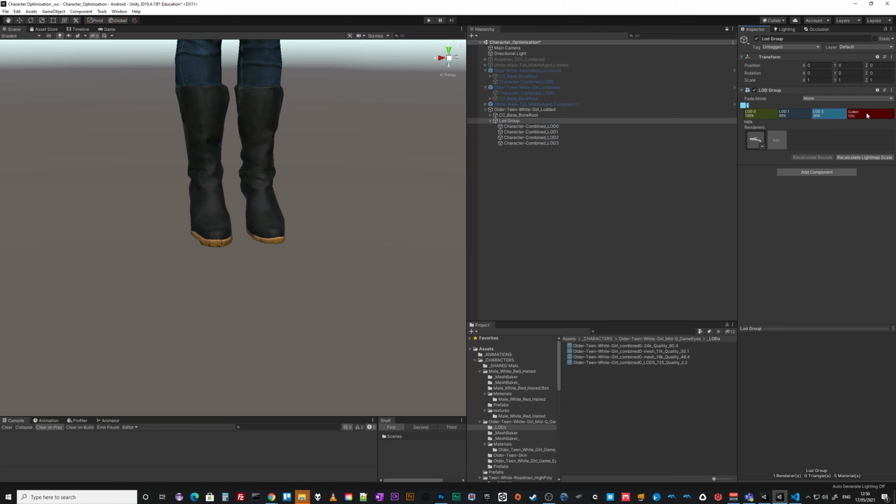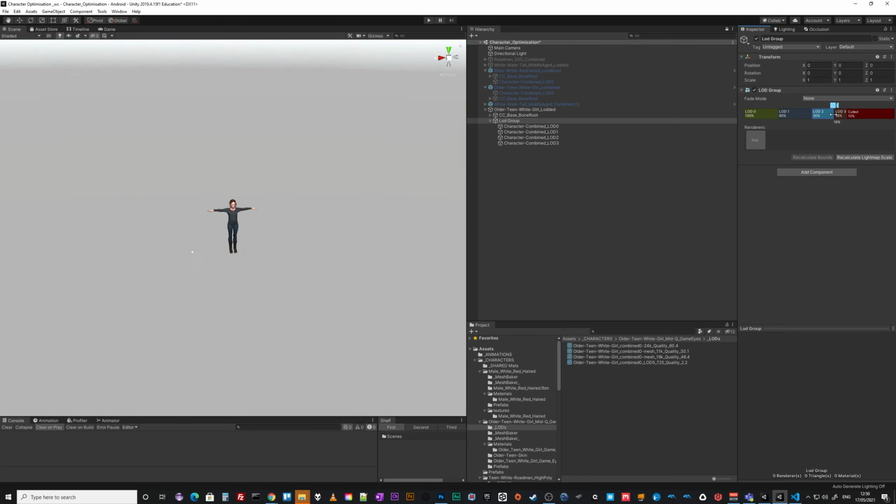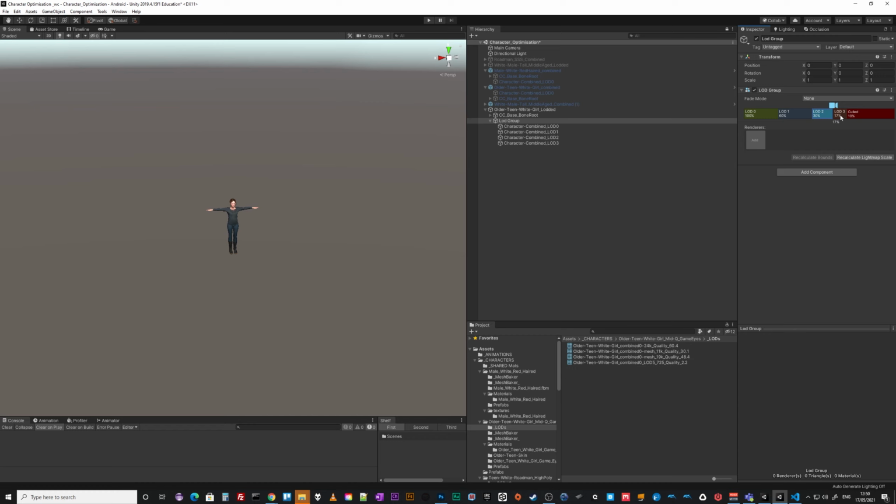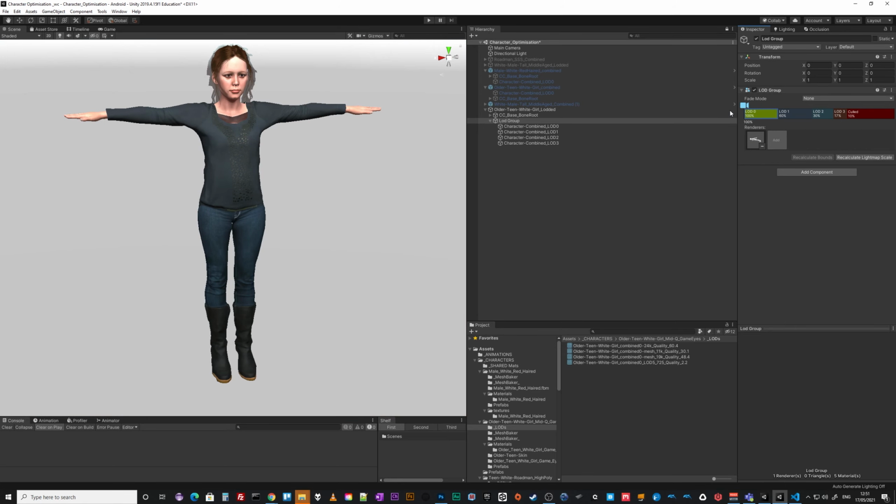LOD 2. So right click, insert before. Okay. LOD 3. LOD 2. And then it is just a case of adjusting things, but bear in mind that